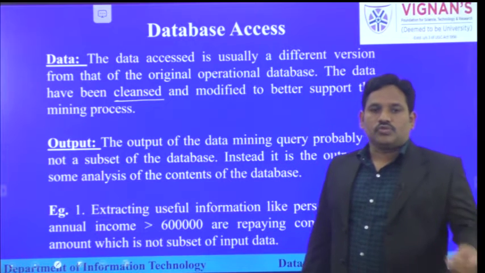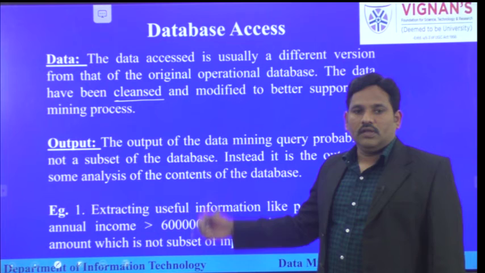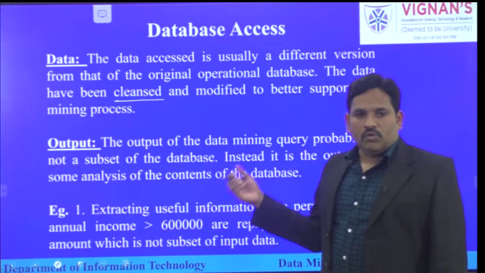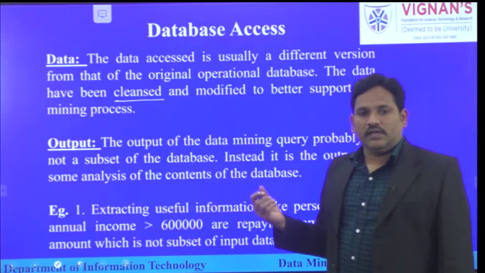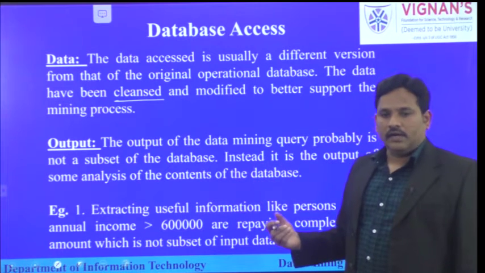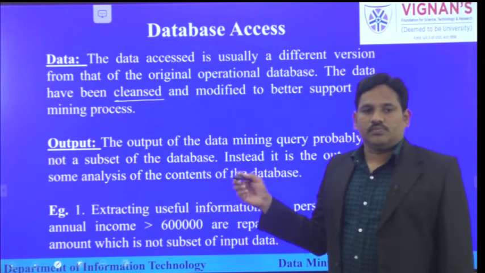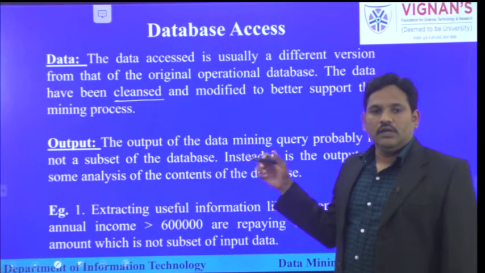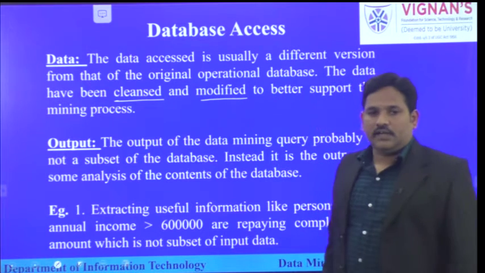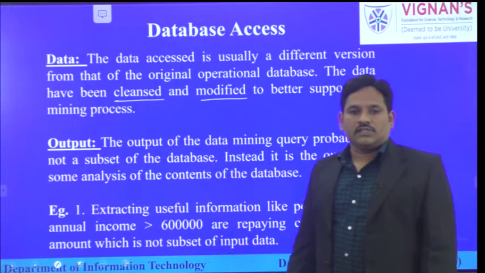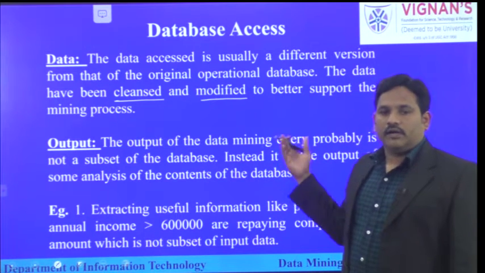That means before storing data in a centralized location or on a server, it has to be free from errors or impurities. Whatever impurities, errors, mismatched values or missing values are there, all are going to be eliminated by applying some cleansing techniques. The detailed information of cleansing and pre-processing activities will be discussed in unit number 2. As well, we are applying some data modification techniques in the form of data transformation or normalization techniques in order to store the data in a simplified and compatible manner.